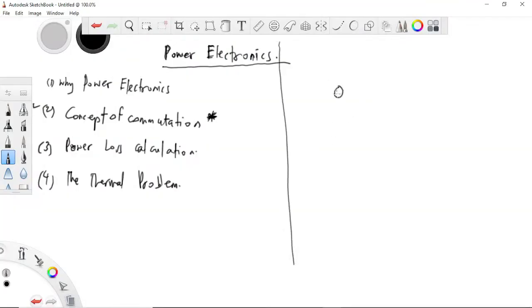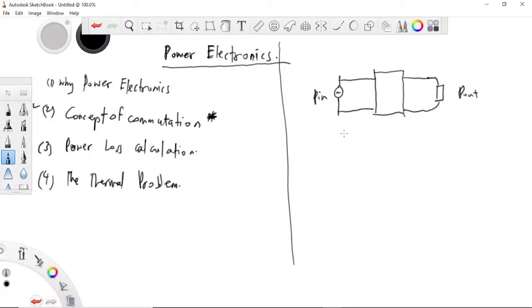We have a certain power at the input, and we want to bring this power to the output. The whole idea of power electronics is that we are studying components that we'll put here that will take this power and give us power at the output